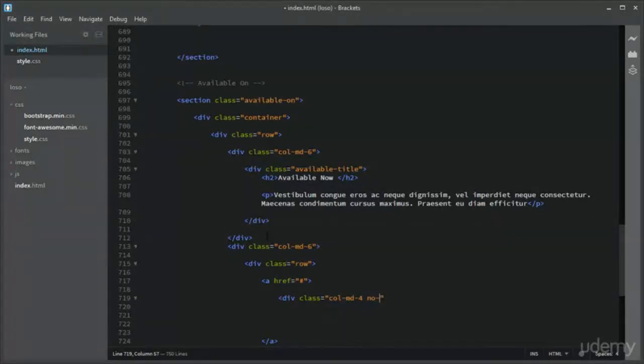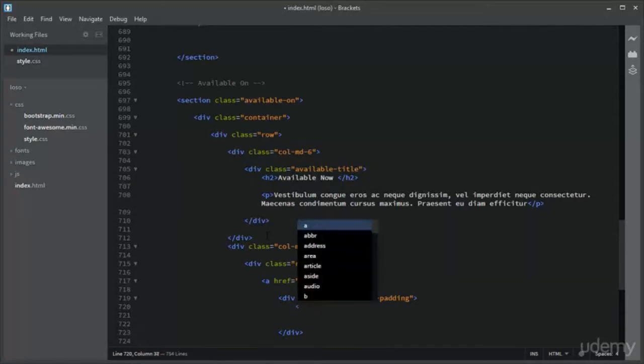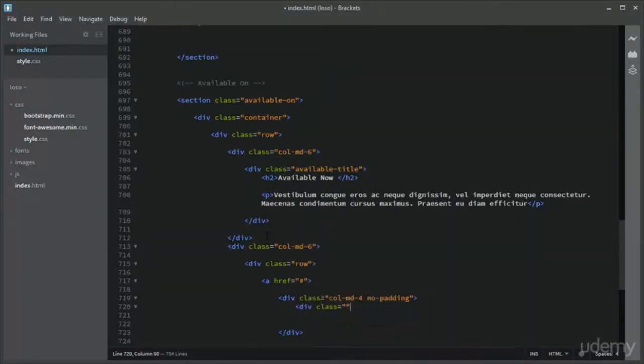This is the bootstrap class which will apply no padding, and inside that I need to add a div with class